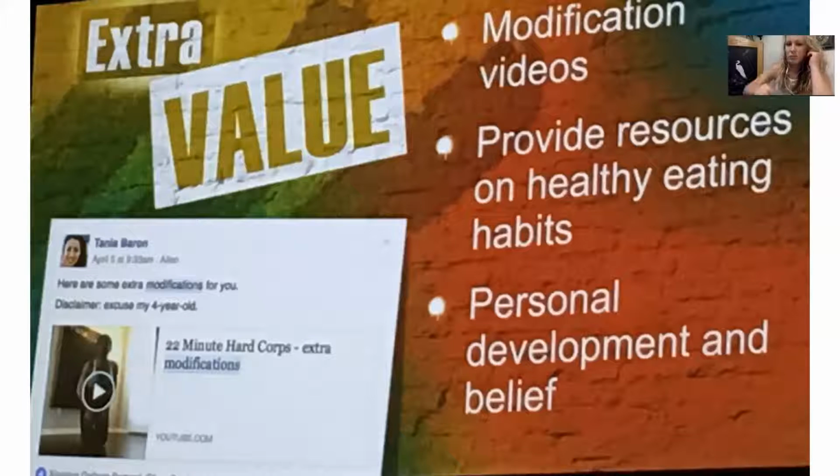Give extra value. A great thing too is modification videos. I just recently posted a modification video on my Facebook page. I want to go ahead and share it in our challenge group as well. Mine, for example, just talked about lunges. A lot of people have bad knees for whatever reason. Their form's not right. Back in the day, maybe they were an athlete, maybe they're an athlete now. I feel like a lot of people have knee problems. So I did a video where I was just doing some lunges. I shared real quick, hey, listen, if you have bad knees, you can modify a lunge. Just step outward on an angle more. It's going to be a lot less impact on your knees.